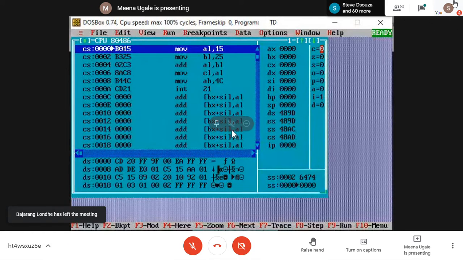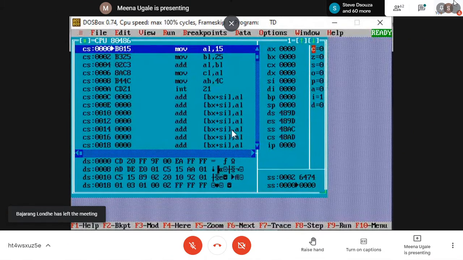After that, this is the flag register. The exact rightmost column is your flag register. These are the bits of the flag register. C for carry, Z for zero, S for sign, O for overflow, P for parity, then A for auxiliary carry, I is for interrupt, and D is for your direction flag.